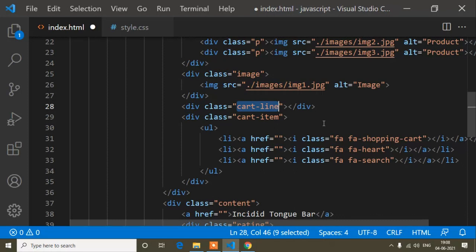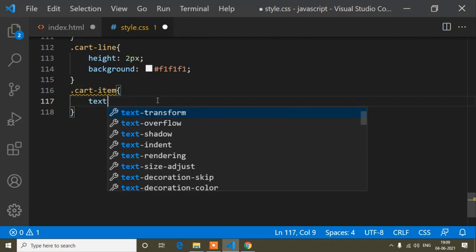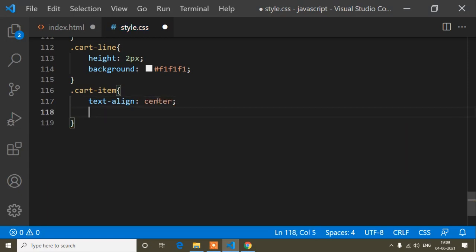Okay, before that I will copy this card item because now I will make a design for this one. I will copy this and paste, and here I will write text align center. That means whatever content is in this cart item will become centered.